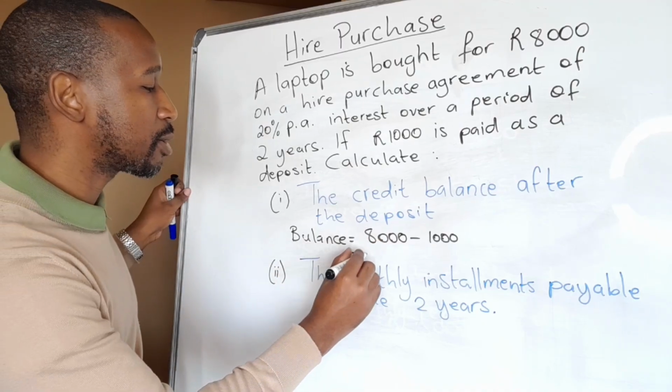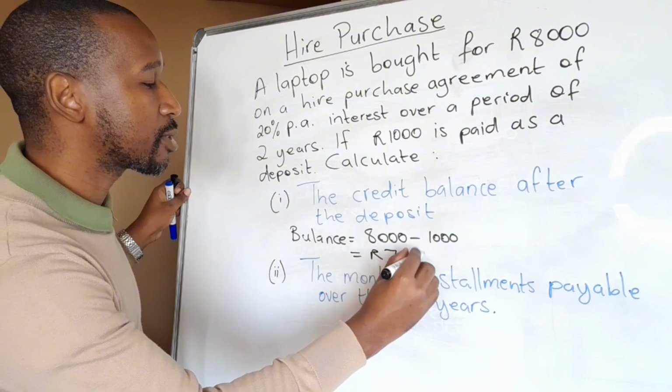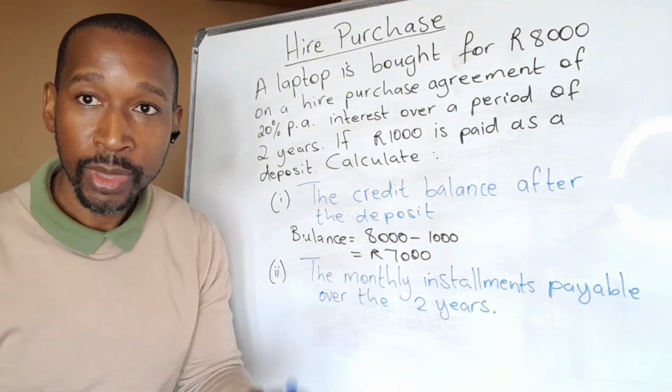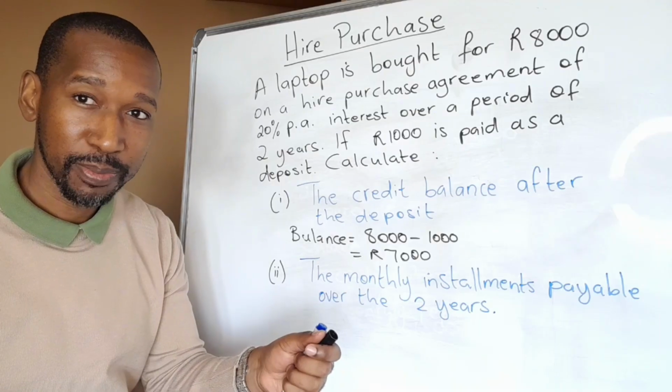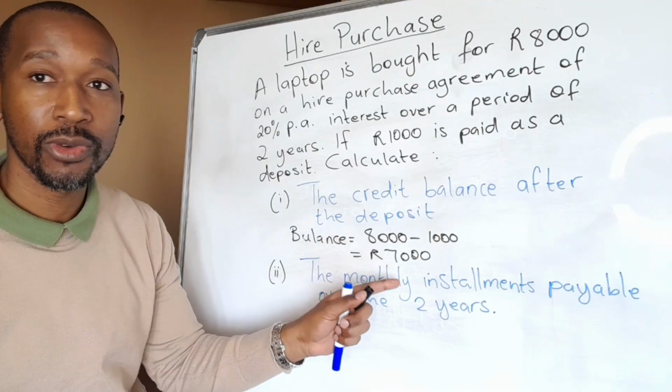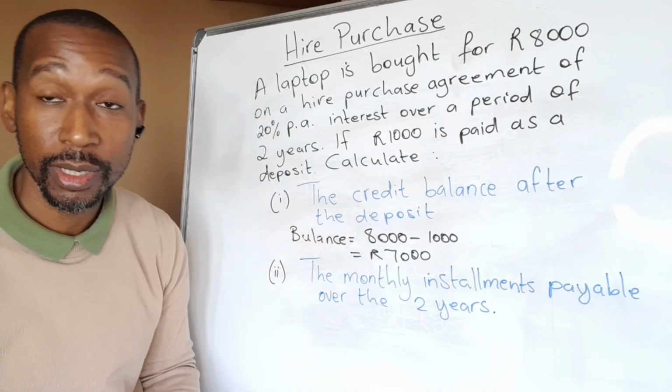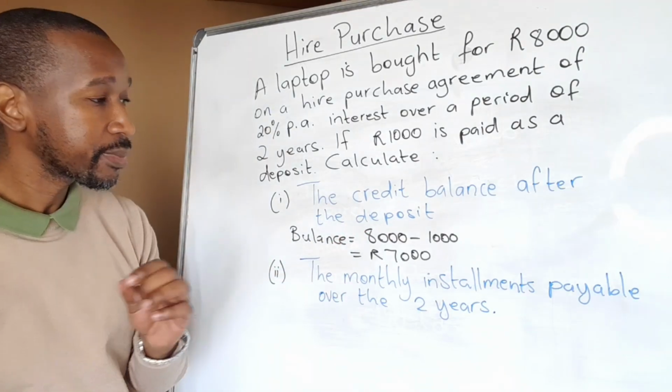This means that the person would be owing 7,000 Rand on credit. So the agreement for the hire purchase part would be for 7,000 Rand rather than the 8,000 Rand. So please pay attention to that one. Now,